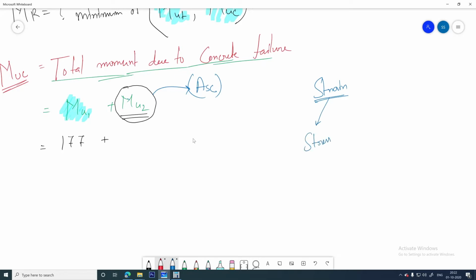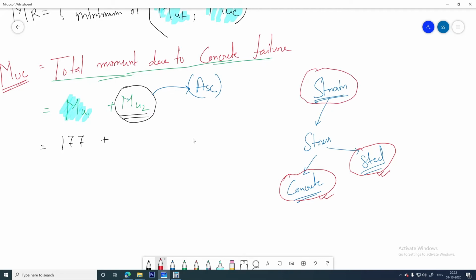Now maybe it is for concrete, maybe it is for the steel. For concrete we have a different stress versus strain graph, and for the steel we have a different stress versus strain graph. In a beam section, the strain value for both concrete and steel is the same, but the stress is different. That is the concept of the limit state method design. First we will determine the strain at that particular level, that means from the top at d dash distance, what is the strain value, and then from the strain we will determine the corresponding stress.